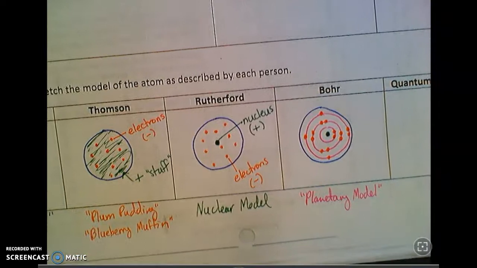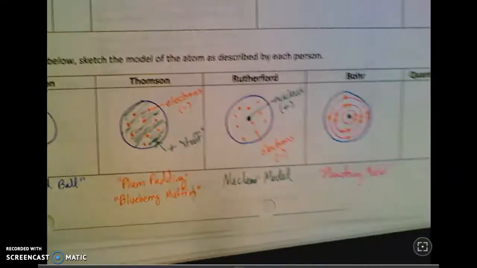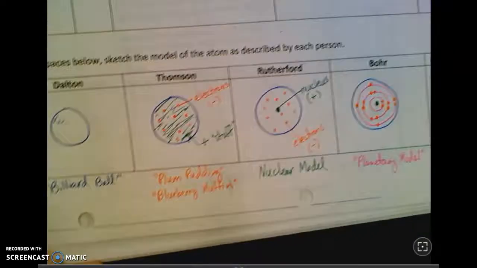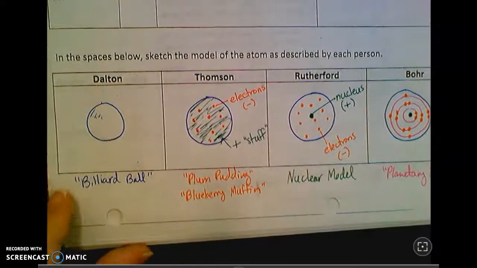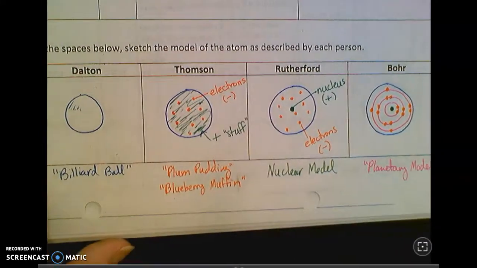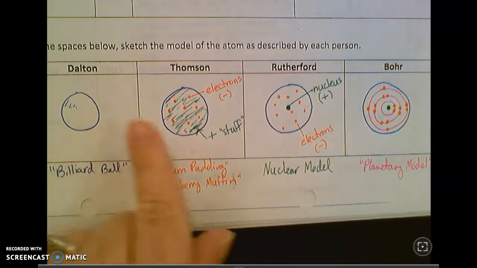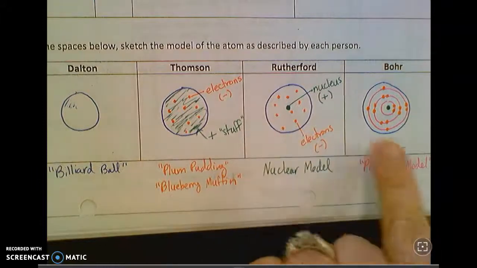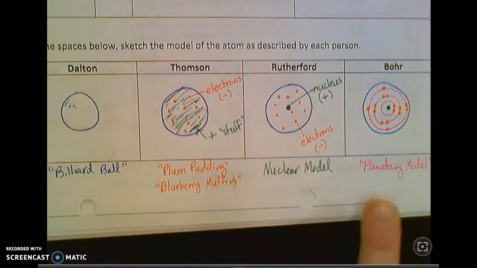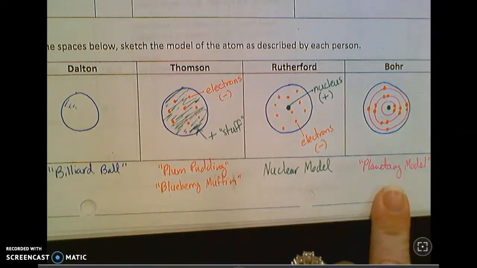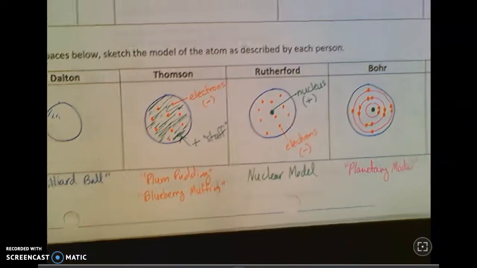But here again, this is how science works. We just keep adding new knowledge in as it fits into the model that we already have. New evidence doesn't get rid of the old model, it just modifies it and makes it better and better and better. We get more and more detailed and more specific as we look at the different models of the atom. So really this is where we are at this point in what you've studied so far. There is one more